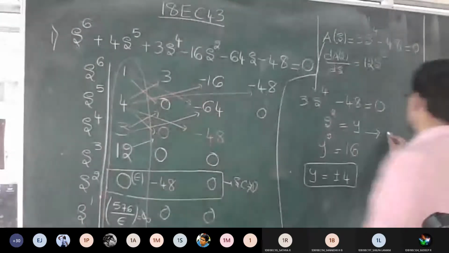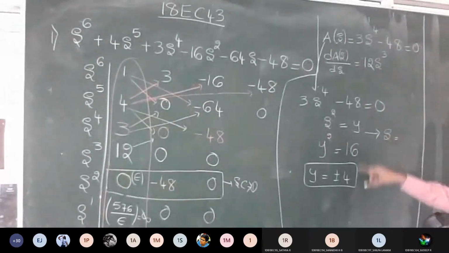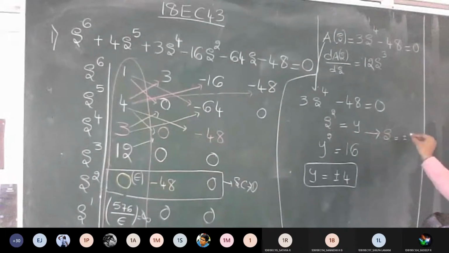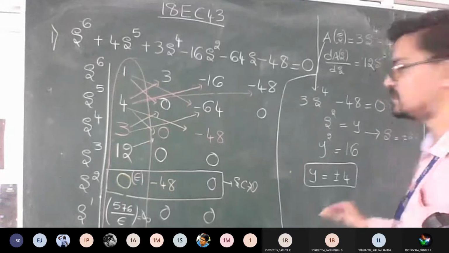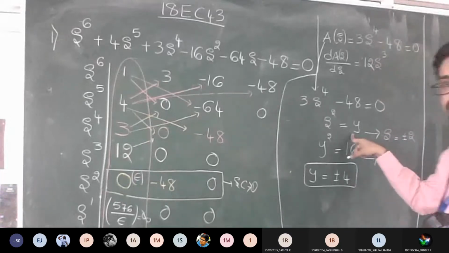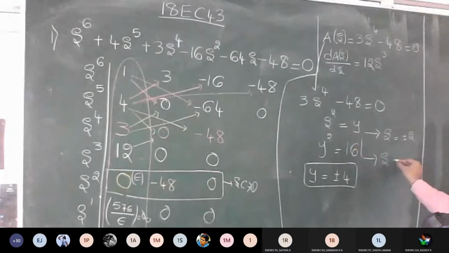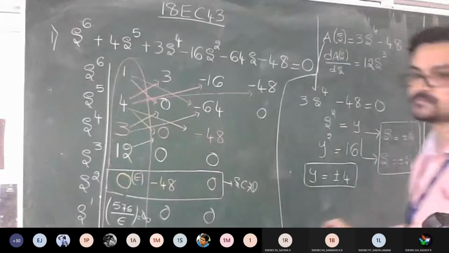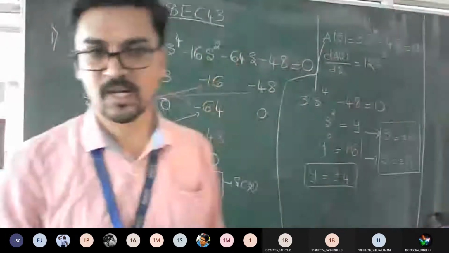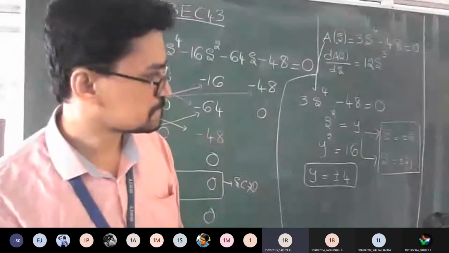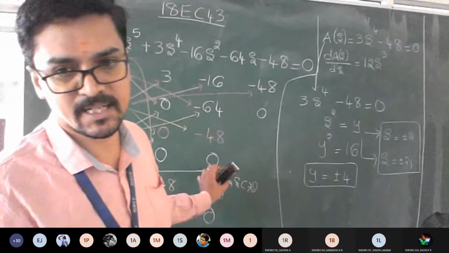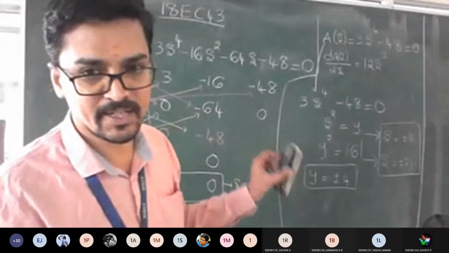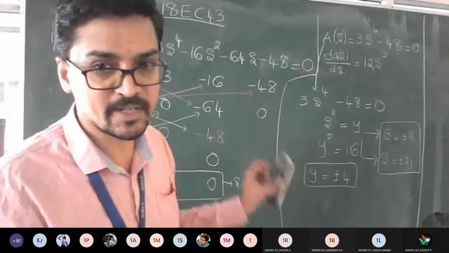So first, if I substitute plus 4, I'm going to get s equal to plus or minus 2. Correct? Similarly, substituting y equal to minus 4, we are going to get s equal to plus or minus 2j. Are these the two answers you got? Any doubts anyone till here? After finding the system is unstable, the extra thing they have asked is to get the negative, positive and zero roots. That is what we are going to calculate now.